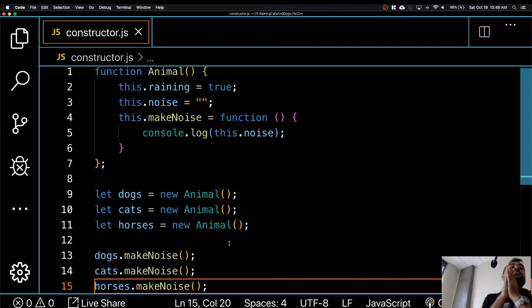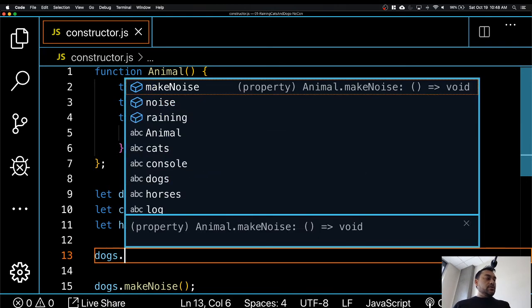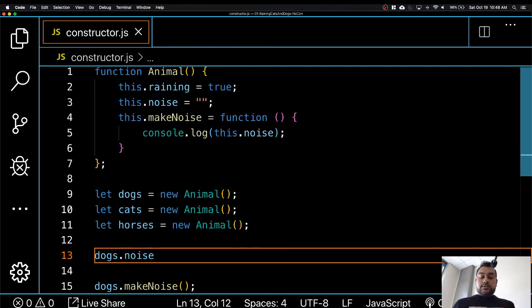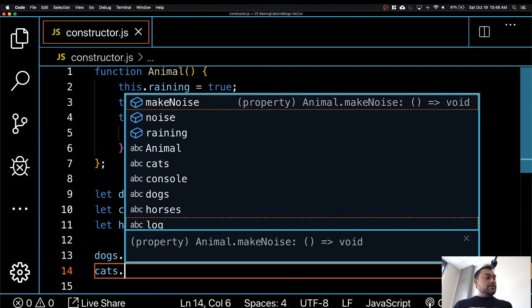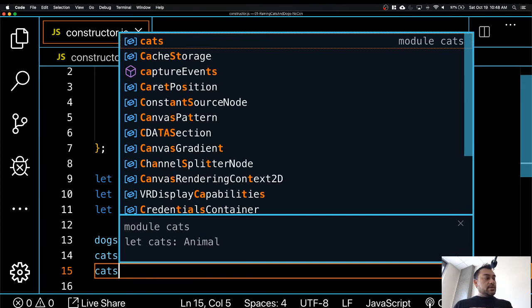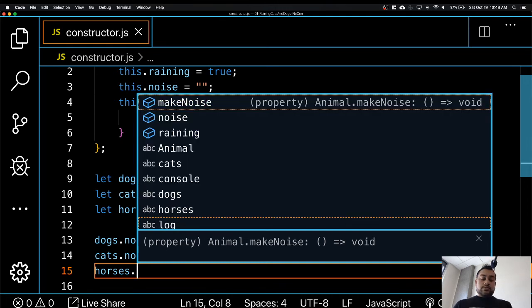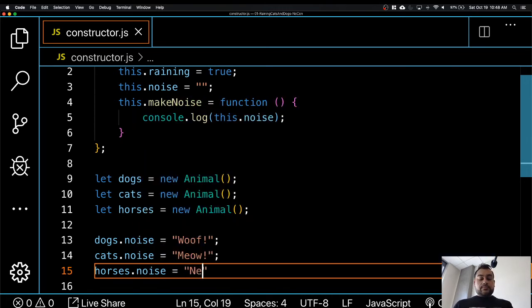Good. Okay. Now, for dogs, let's suppose I want to set the noise. The first way is you can do it over here, saying dogs dot noise is equal to, okay, that's one way. You could do cats dot noise is equal to new, and then horses dot